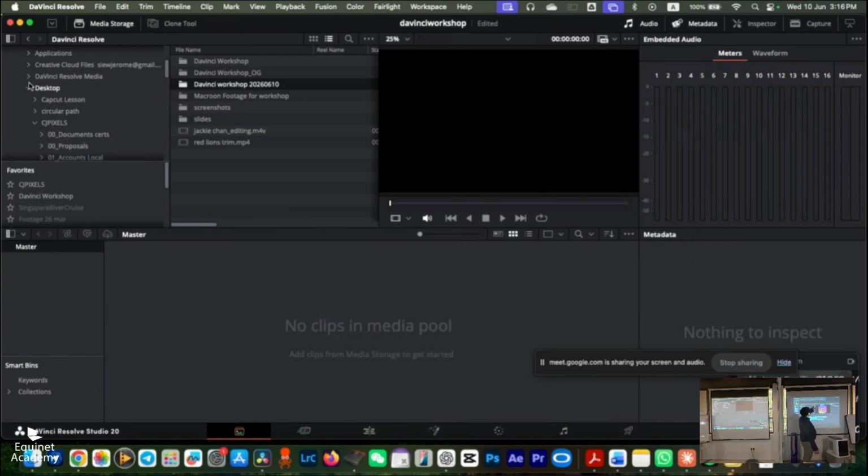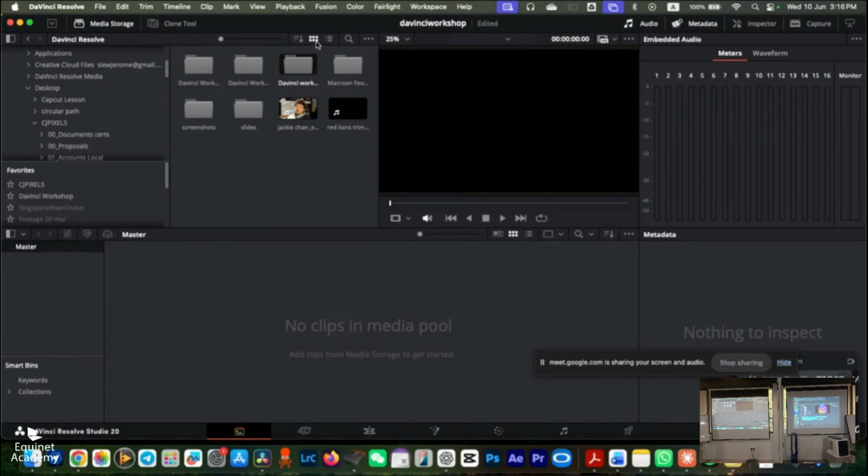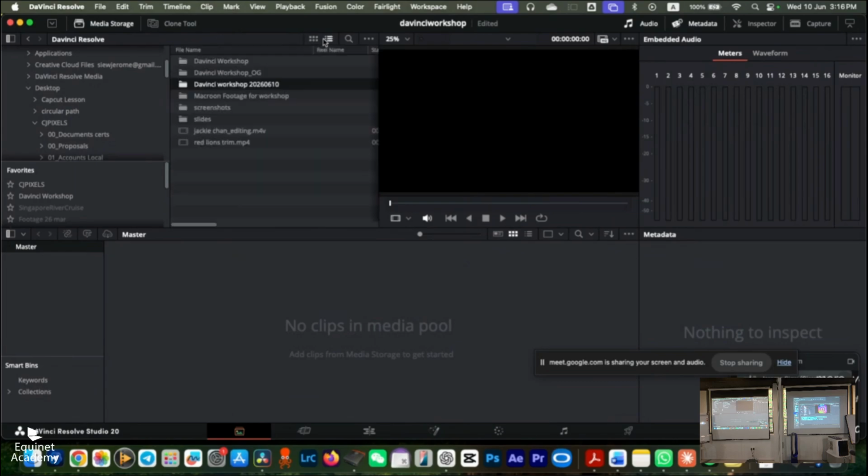Oh, and then there's this thing called list view and thumbnail view. Over here, right at the top, you see this thing? If I click on it, it will become like a folder or a list. At the start, for organization purposes, I think list is easier to find. Okay? So once that is done, the next thing is